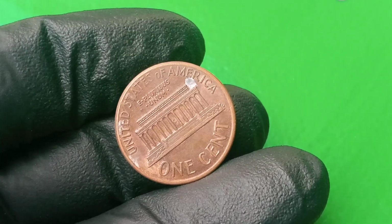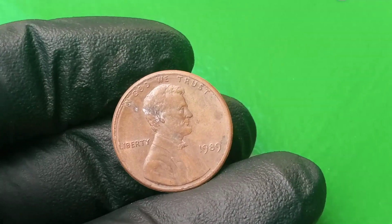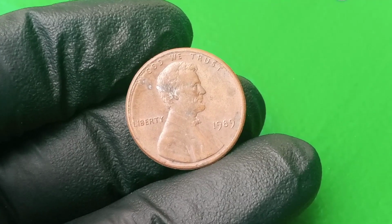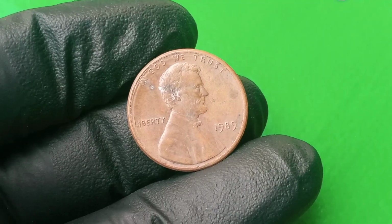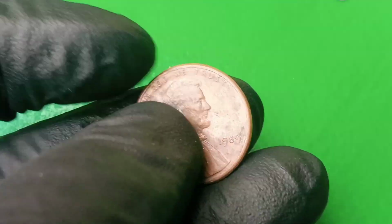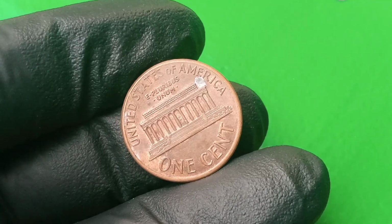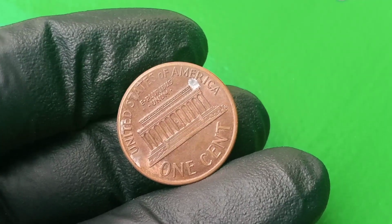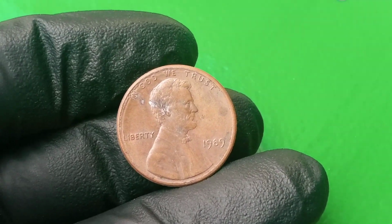And the excitement for collectors comes from holding a piece of that history in their hands, and that excitement is magnified by the fact that there could still be other undiscovered examples out there, sitting unnoticed in change jars, coin rolls, or old collections, just waiting to be identified. And every time a high-profile auction sale happens it reignites the search, prompting both serious and casual collectors to check their pennies more closely. And while many will not find a multi-million-dollar coin, the possibility itself adds to the allure, and that possibility is why the 1989 penny's story continues to captivate the numismatic